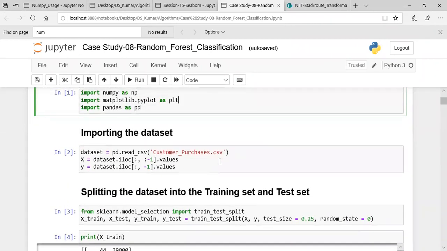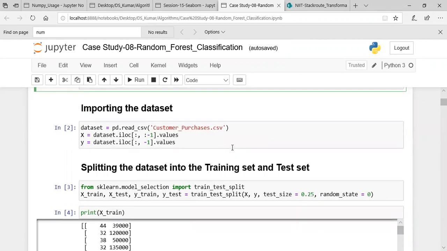Data with pandas. Before the training and test set, what could be the other criteria we are having? We'll be doing the encoding, missing value imputation. That is what you call data pre-processing. And once the data pre-processing is over, then next what we need to do? Training and